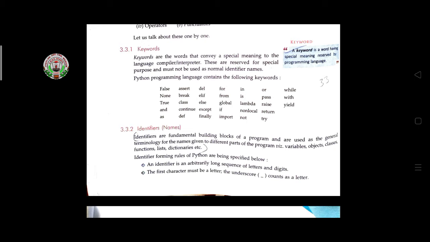So first read the rules, and with the help of these rules you can initialize the words.